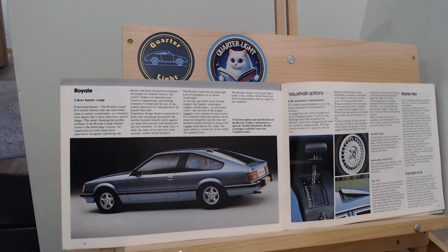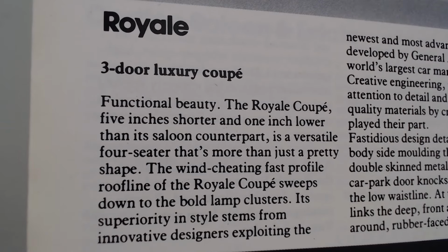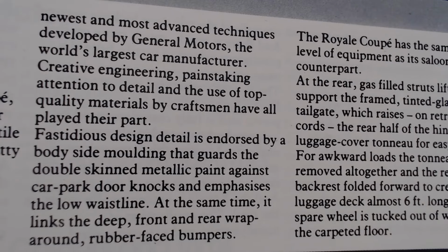It says the 3-door luxury coupe. Functional beauty, the Royale coupe, 5 inches shorter and 1 inch lower than its saloon counterpart, is a versatile 4-seater that's more than just a pretty shape. The wind-cheating fast profile roofline of the Royale coupe sweeps down to the bold lamp clusters. Its superiority in styling stems from innovative designers exploiting the newest and most advanced techniques developed by General Motors, the